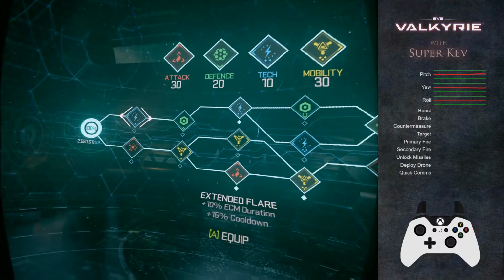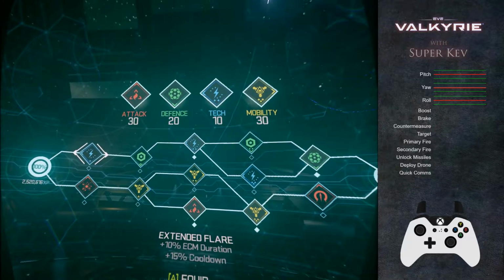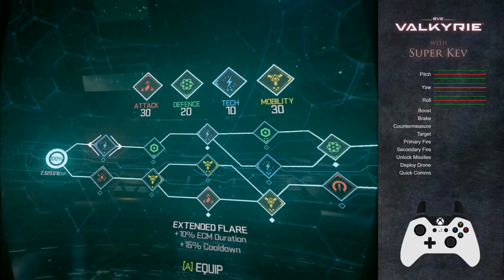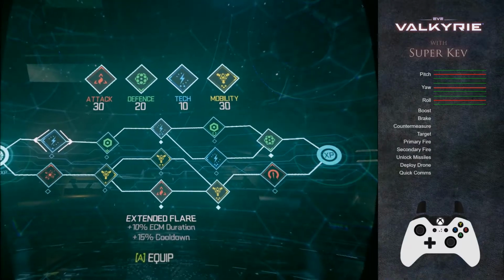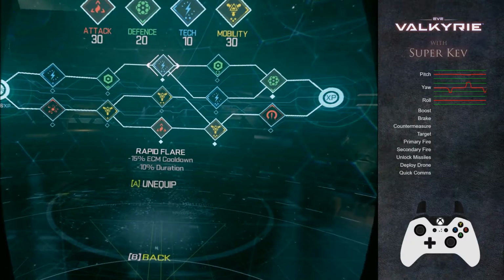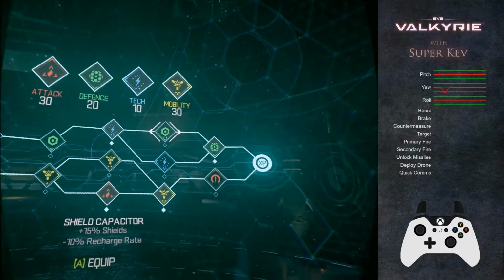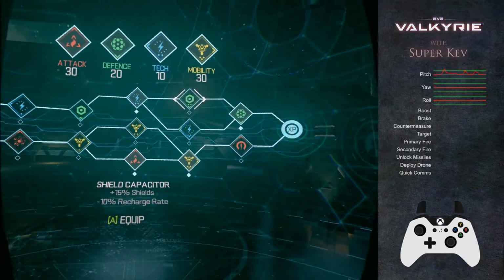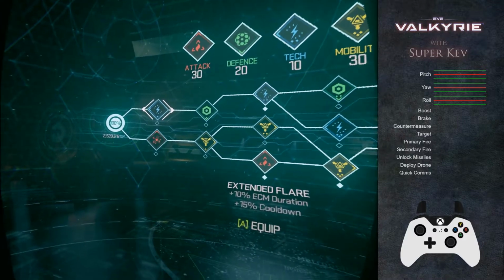You'll see they're color coded. So along the top you'll see there's attack, defense, tech, and mobility. So attack is pretty obvious. It's like what your offensive weapons can do. Defense is your shielding and your countermeasures and that kind of thing. Actually, no, it's not countermeasures. Countermeasures are tech. And mobility is obviously your engines, modifications to engines and capacitor. So how fast you can get around the maps. Okay, so